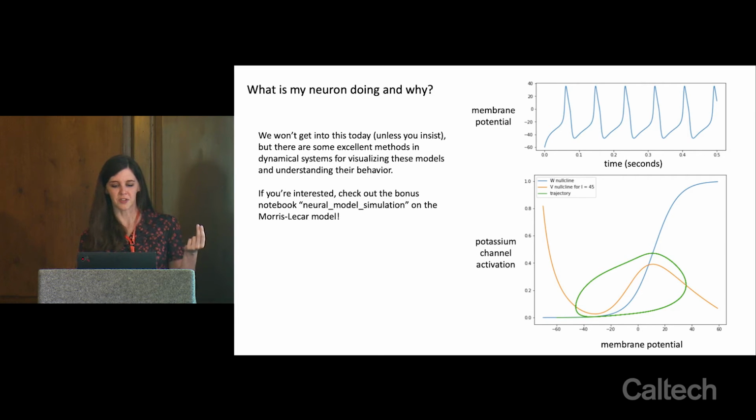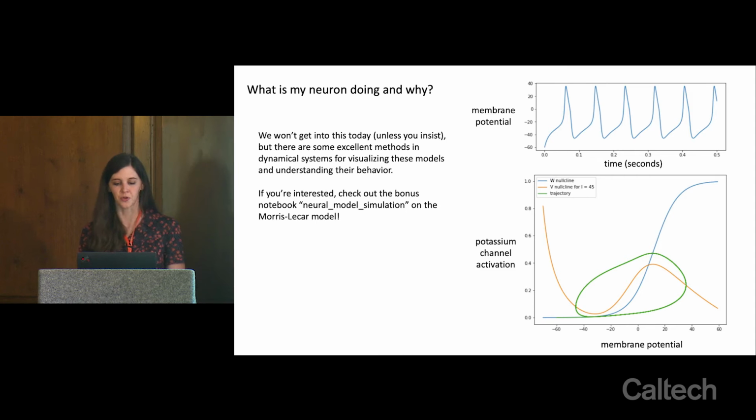As you depolarize the membrane potential, your potassium channels are going to be pushed to open, which pushes you up this curve to eventually hit a value of around 1. So that's what this blue line is doing. The orange line is telling you how the membrane potential is going to be evolving as a function of potassium channel activation. And the intersections of these lines determine critical points of the system. They give you things like fixed points, they define limit cycles, and you can use this phase portrait to analyze the stability of your system and understand how it's going to evolve over time.